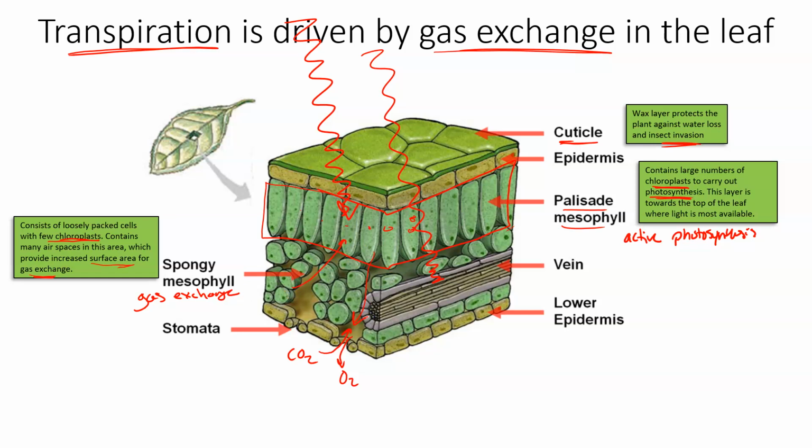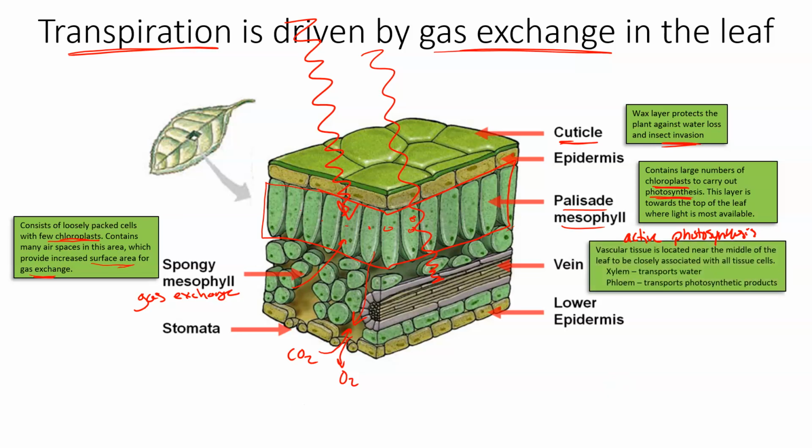It needs to be loosely packed because these cells need to be able to touch air, right? Air comes in through these stomata, these openings, and it has to contact these cells. It opens up a lot of surface area, decreases a lot of volume, and it allows for gas exchange to